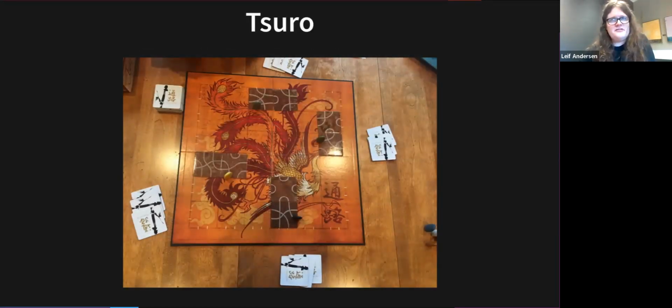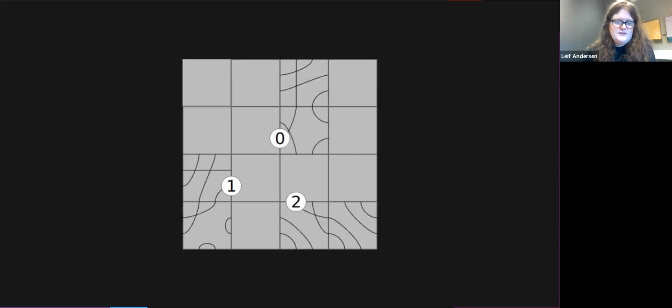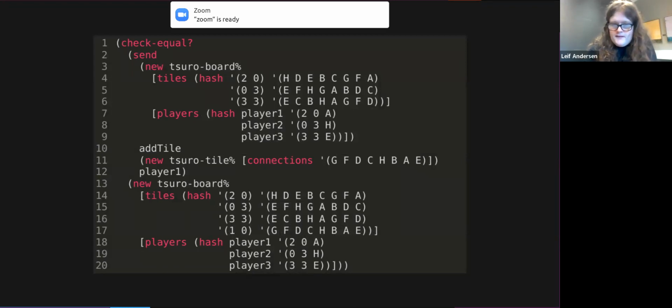All right. Now, if you've never heard of Suro, you would be forgiven. It's not a super common game. Basically, the way it works is you have several players. They put tokens on the edge of the board, and in succession, each player puts a tile down that has paths that moves their token along the path. The player whose token follows the longest path wins. Now, to build unit tests for this,